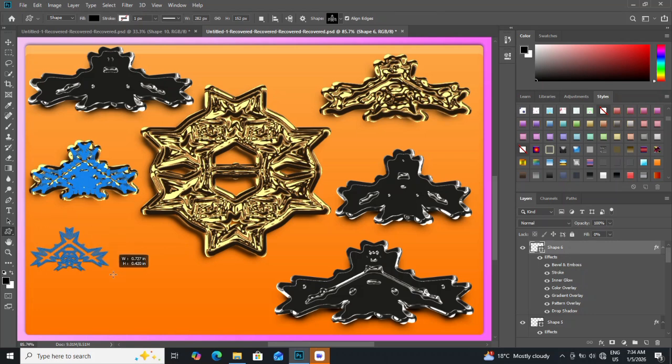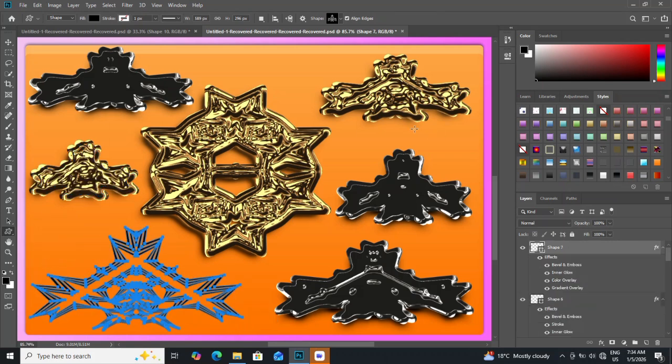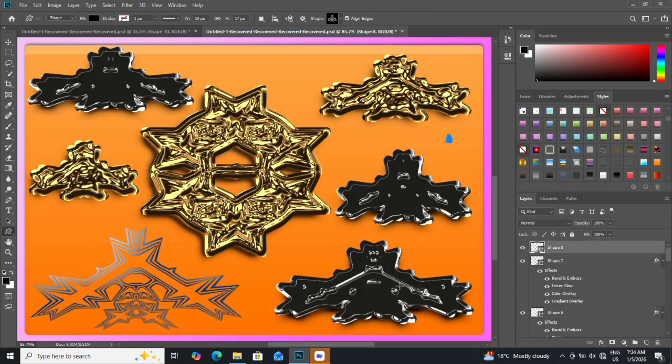I blur the layers slightly to smooth the glow and create a soft neon effect. I duplicate the glow layer once more for depth, adjusting